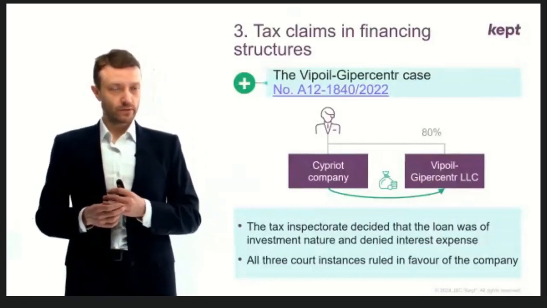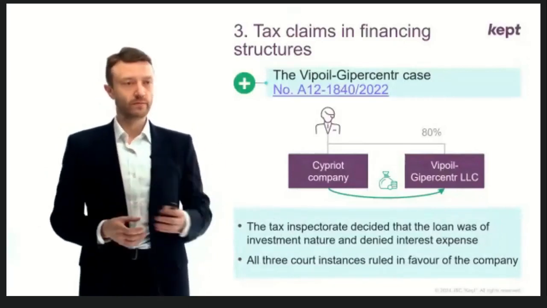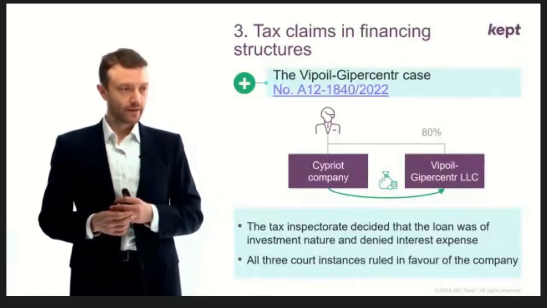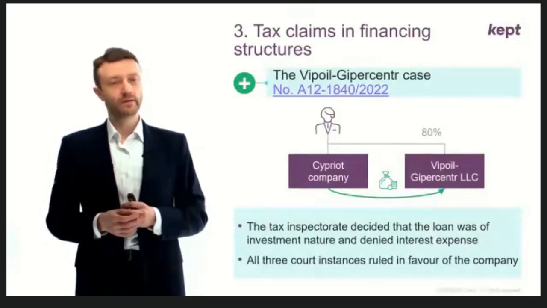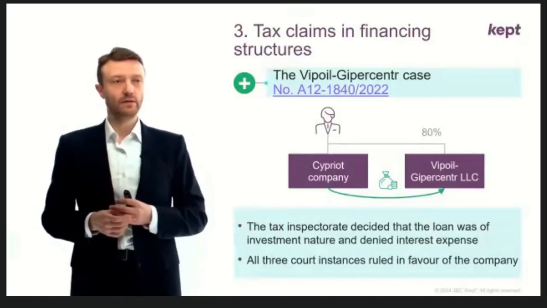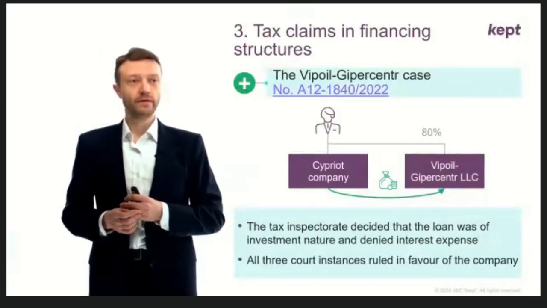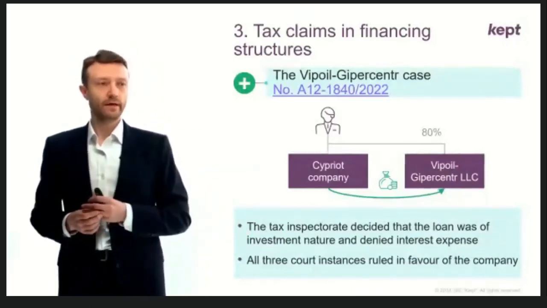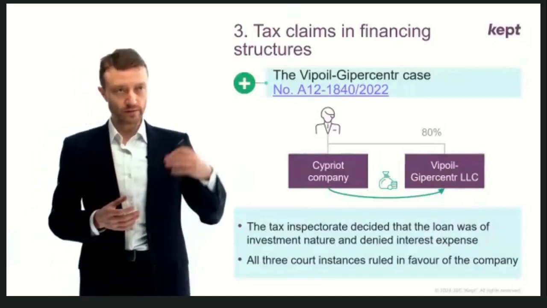and they try from time to time to deny interest expense, as in this case, and also, in this case, foreign exchange differences. But this case resulted favorably for the taxpayer. I think one of the reasons why it happened was that partially the loan was repaid over the period of time. And this demonstrates that attention should be paid to repayment terms, and if the loan is constantly prolonged,